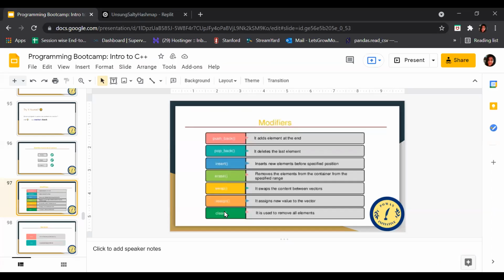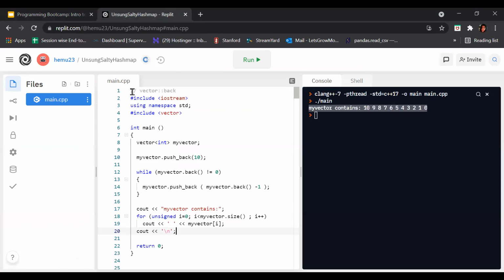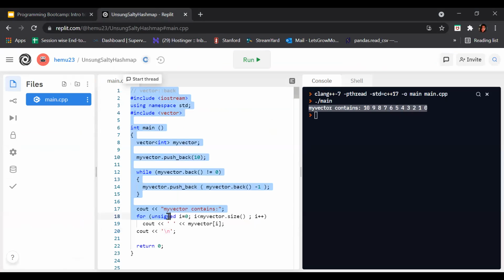So let's move to the hands-on part. Let me remove this part.